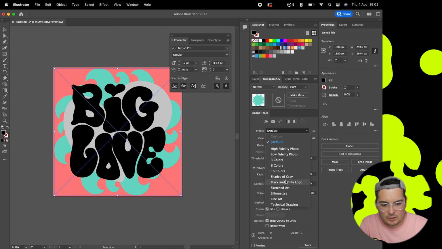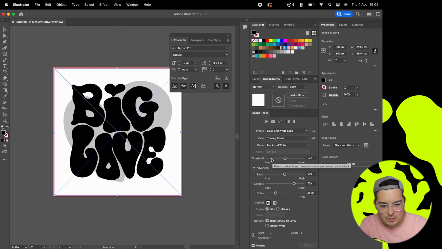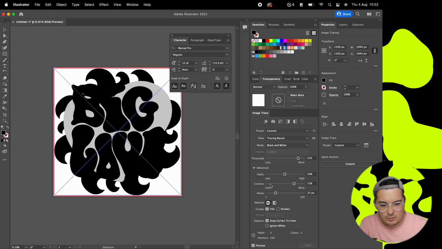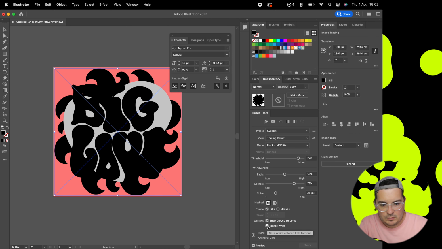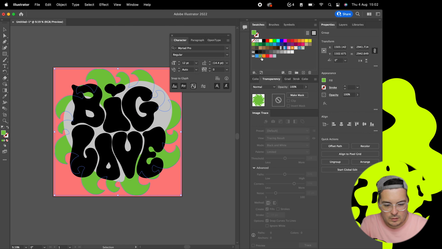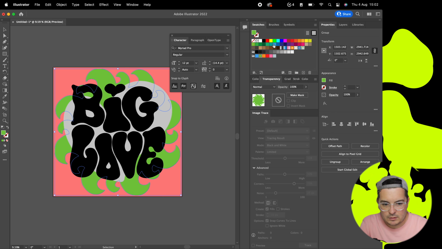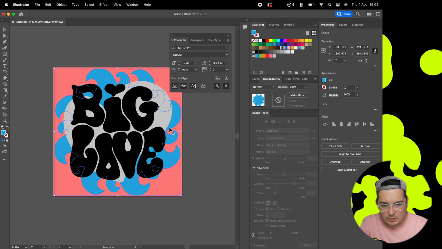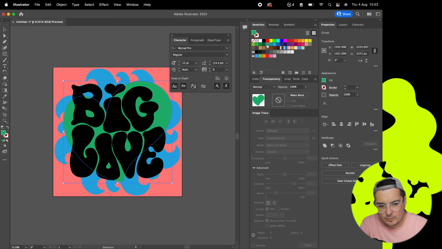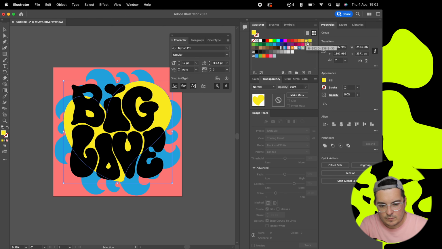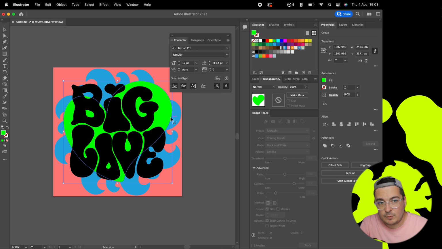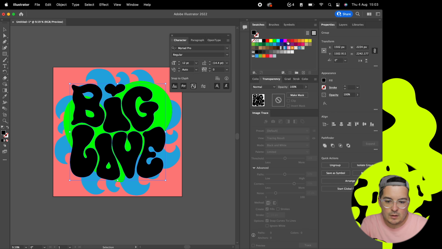And we'll do the same with our sun. Black and white logo, change the threshold, we'll get it right at some point, and then ignore white again. Expand that and change that colour as well. Cool, so we have our layers basically now, and what we need to do is take these layers and